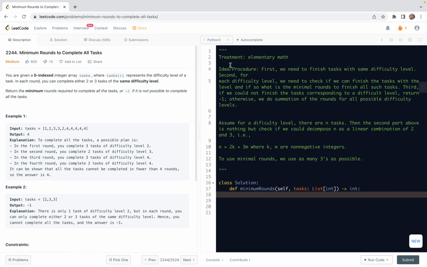Let's have a look at today's daily challenge problem. Problem 2244, Minimum Rounds to Complete All Tasks. In this video, we're going to explain a solution based on some elementary math. First, I'll read through the problem statement to digest the requirements, and then we do the analysis and explain the